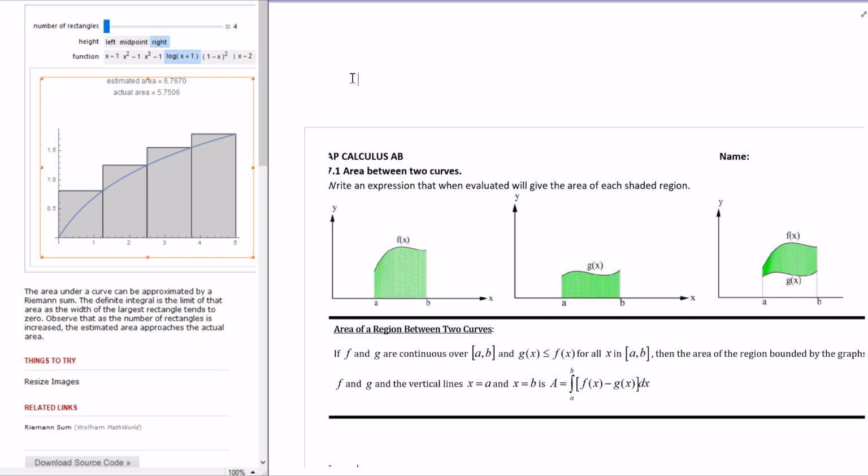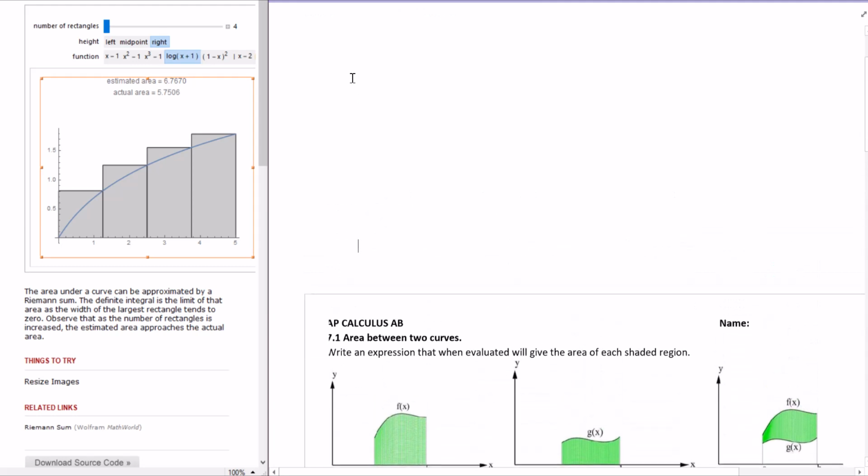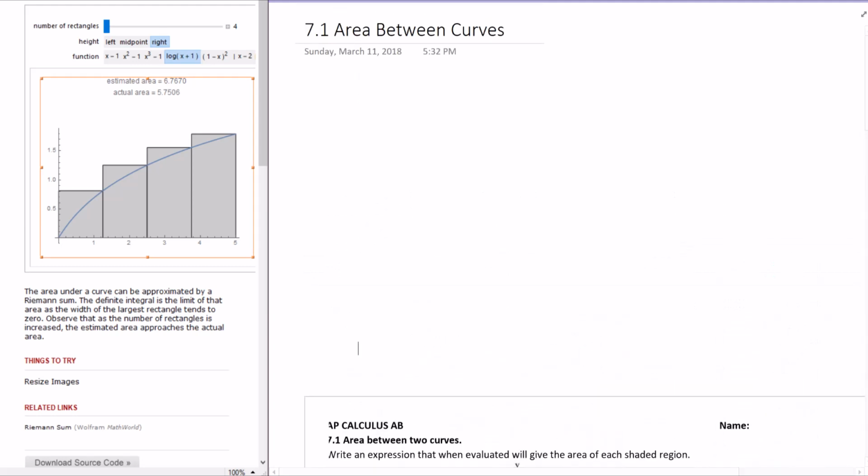Before we start on this, I want to remind you how we ended up finding area under a curve. So just bear with me here. If you want to write this down, that's great. You might have to get a separate sheet of paper. But let's think back to when we were given a curve like this, and we were asked basically to find the area. And the way we started doing this was we started by drawing